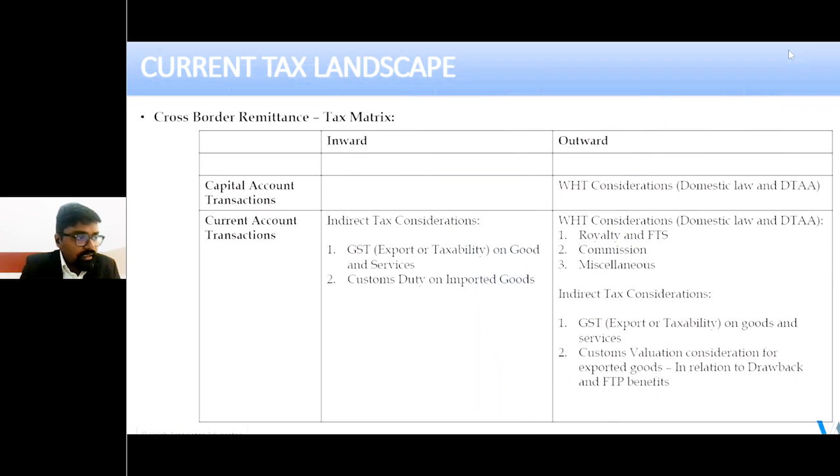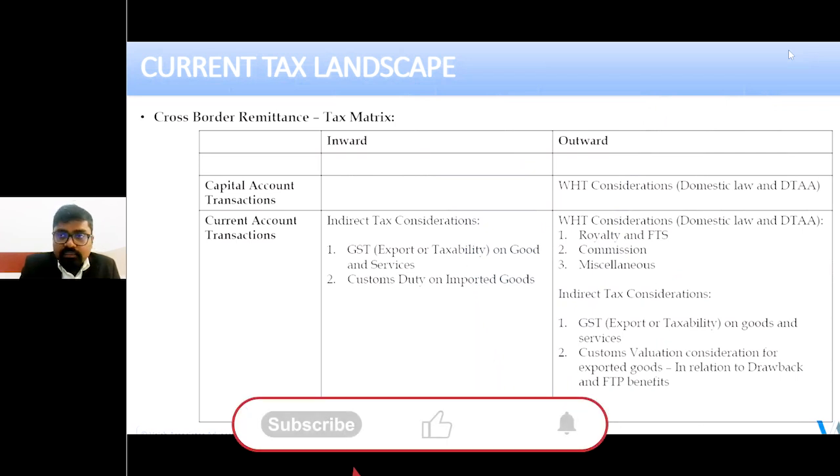So when we talk about withholding tax considerations, we have to understand what the reason and the rationale behind it is. So we are talking about a cross-border remittance transaction where the income, essentially, you are